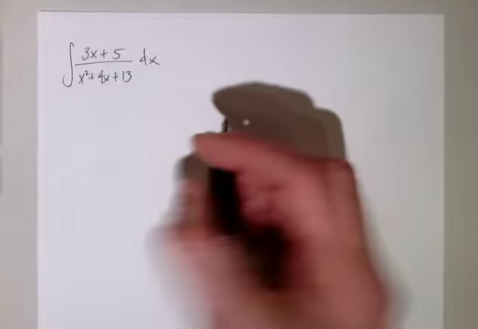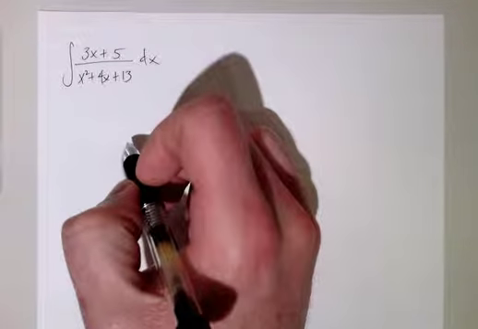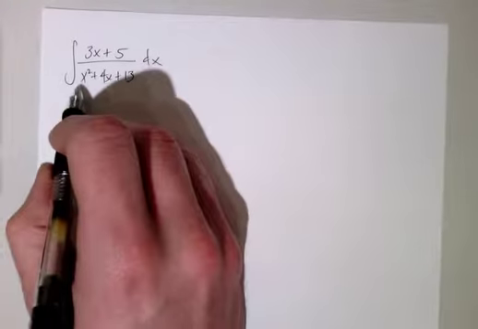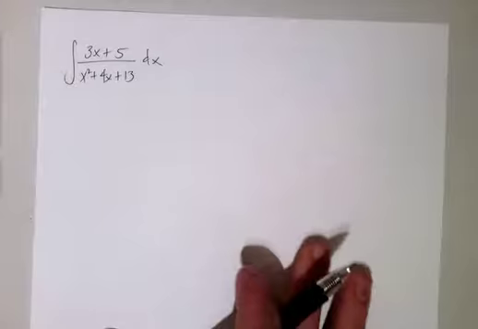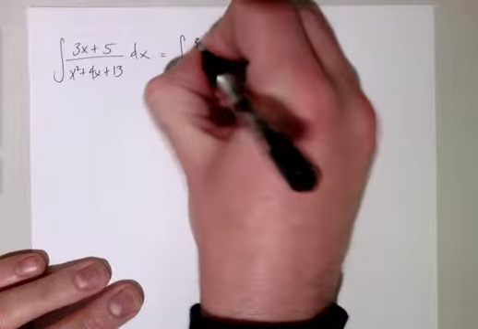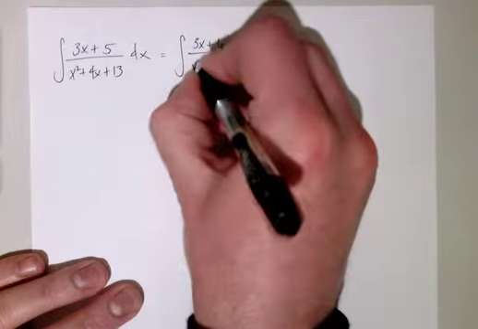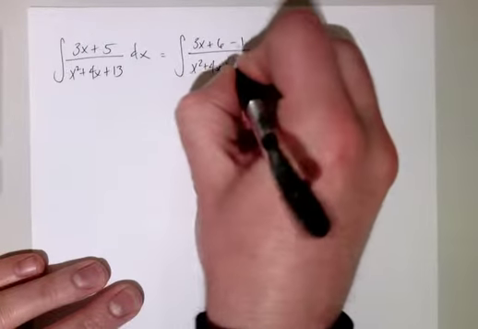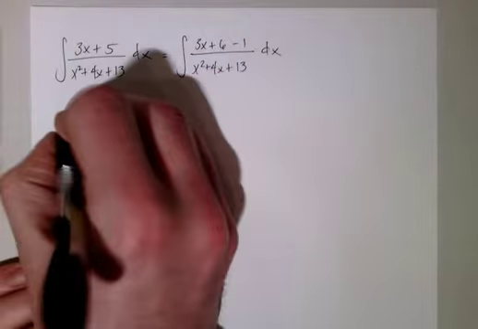Okay, so what I need to do is figure out how I can change this. Well, if it's 2x + 4, then 3x + 6 will actually work, okay? So can I transform this from 3x + 5 into (3x + 6 - 1) over (x squared + 4x + 13) dx? Well, that allows me